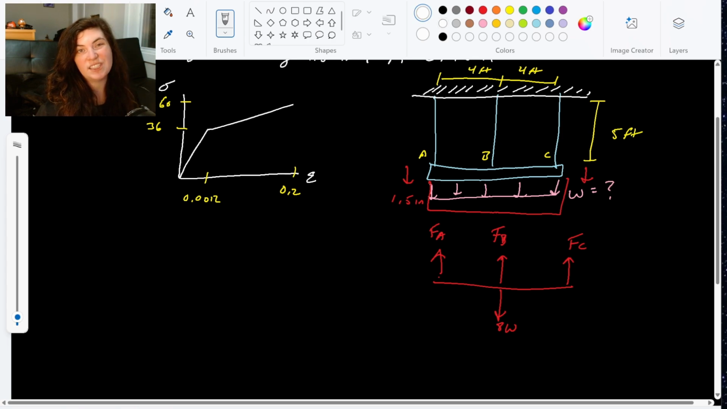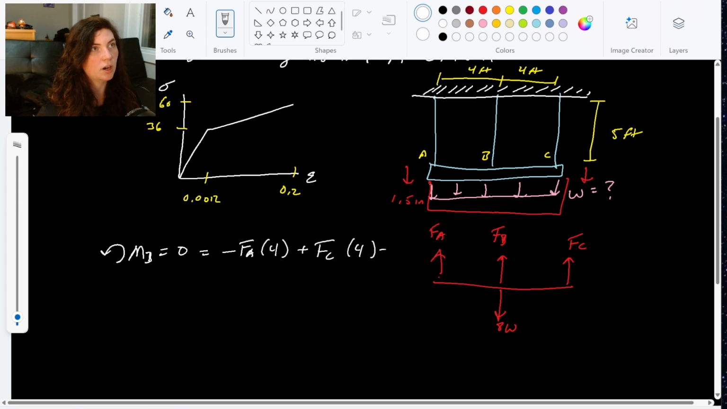And we could use our knowledge of statics to go ahead and figure out how these forces relate to each other, right? So for example, if we took a moment about B equals 0, means we wouldn't need to account for FB or the 8W. We would get negative FA times 4 plus FC times 4 equals 0. And this tells us that our FA equals our FC, which makes sense, right? This entire thing is perfectly symmetrical. We would expect that our FA equals our FC,